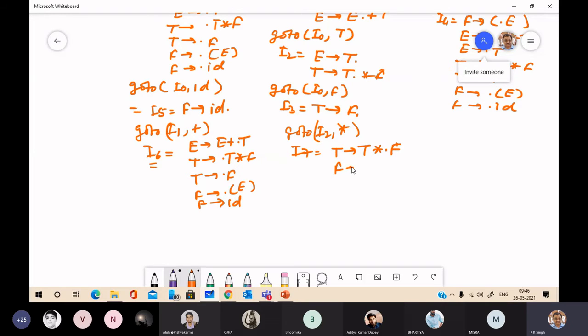These two closure items are like this: F to dot open bracket E close bracket and F to dot ID.